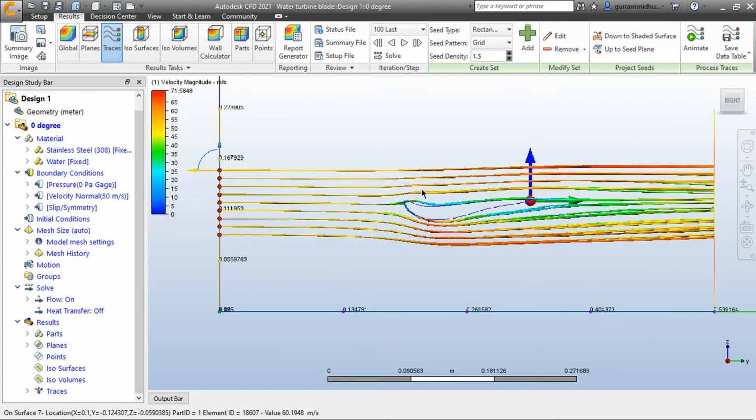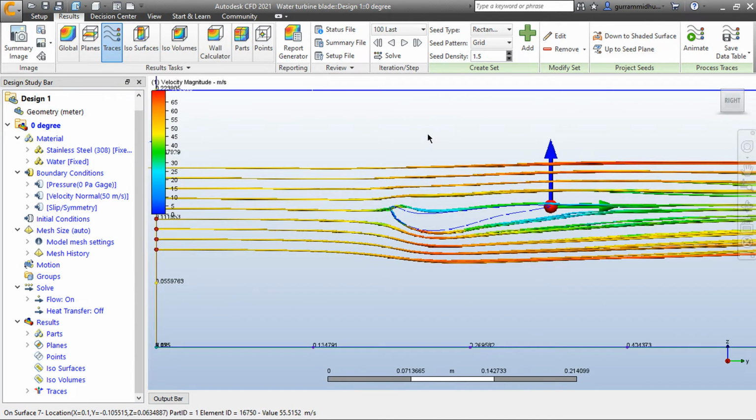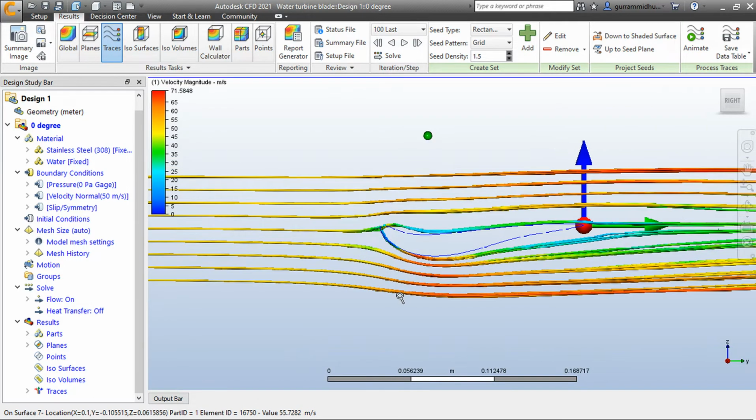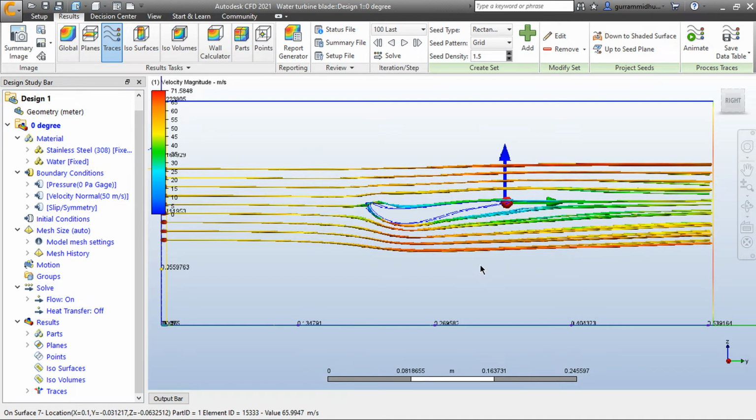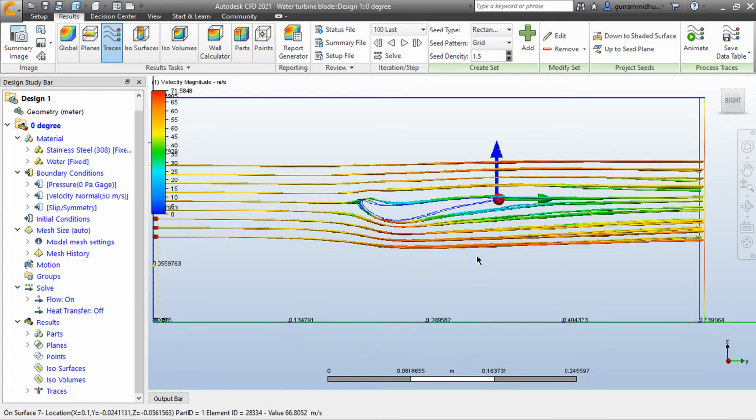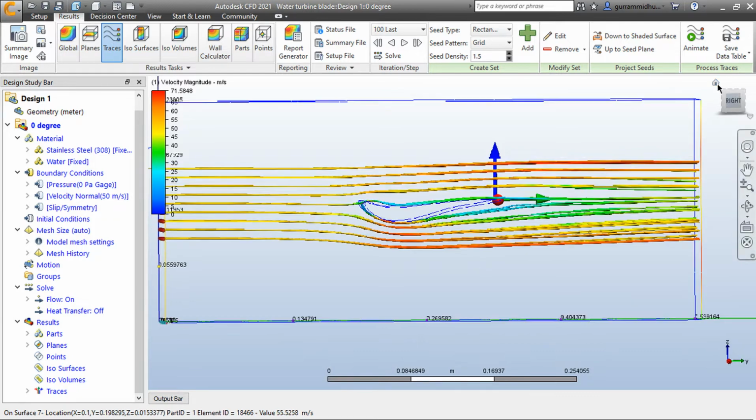You can see how the flow is around the blade. If you observe the flow, it is almost laminar. With this angle we cannot get sufficient lift, because there is no drag, that is fine, and due to zero inclination we are not going to get any good work. Thus changing the angle of the blade might benefit us.